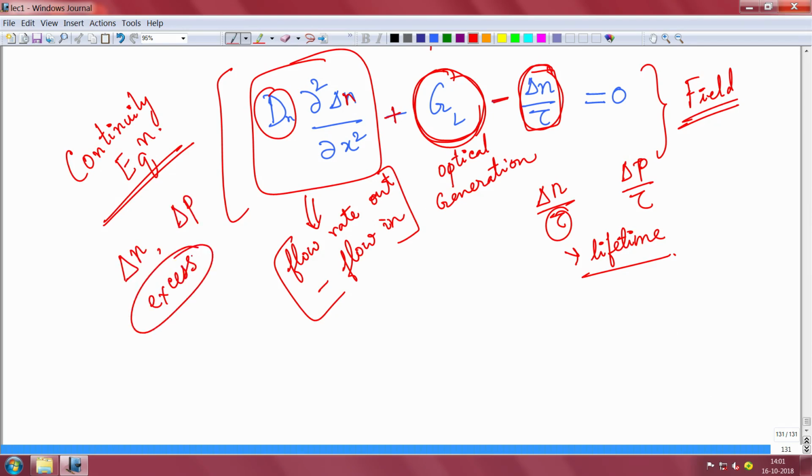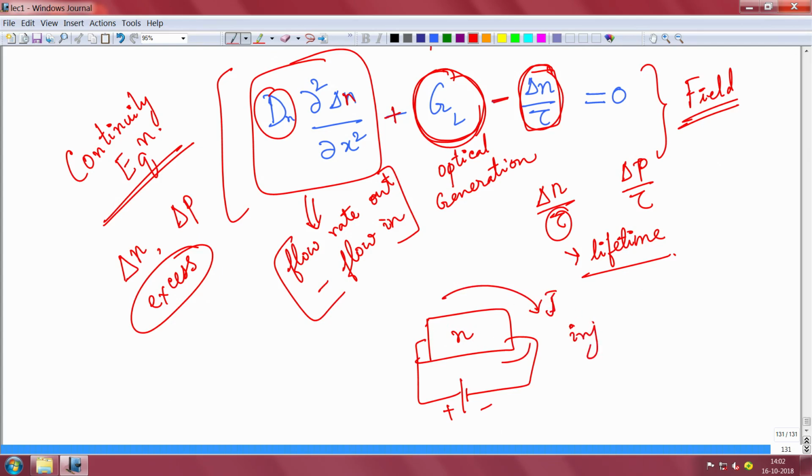And you will ask, why are excess carriers necessary? Excess carriers can be there in a semiconductor when you apply a voltage. For example, you have an n-type semiconductor. It's in equilibrium. But the moment you apply a voltage, you are actually injecting carriers, because there will be a current flowing, and the moment current is flowing, there is an injection of carriers. From a battery, for example, it will inject carriers, either electrons or holes.